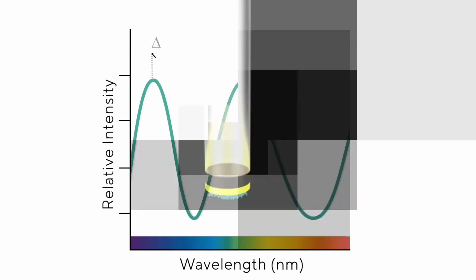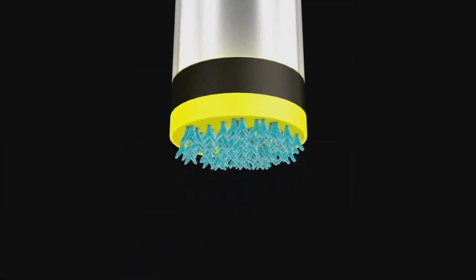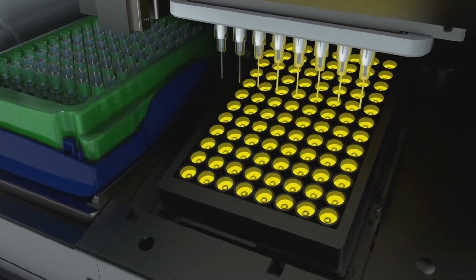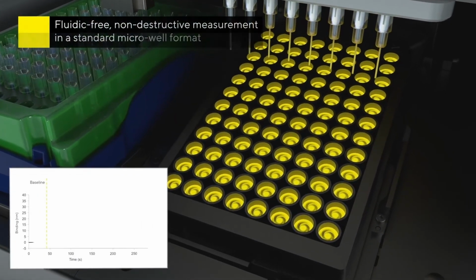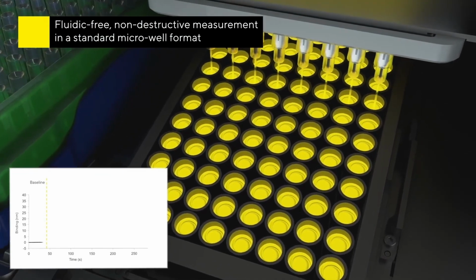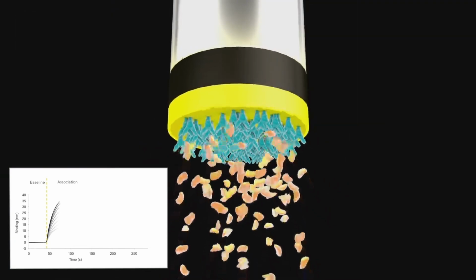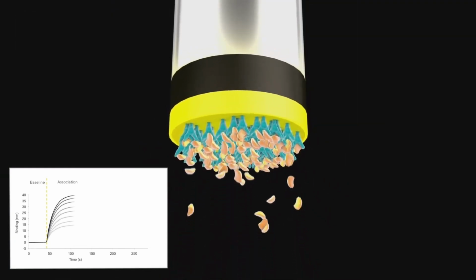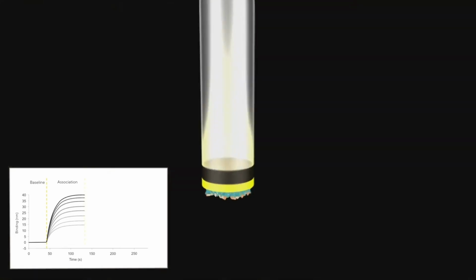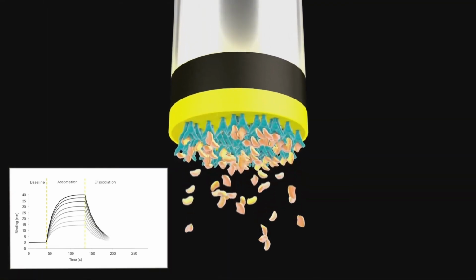A proprietary protein coating at the biosensor tip acts as a binding partner, providing reproducible coupling of target molecules while minimizing non-specific binding. The measurement is plate-based. An aqueous buffer is used to generate a baseline before the sensor dips into a sample containing the analyte. The analyte then binds to the sensor surface, and the binding interaction is followed in real time to reveal the association kinetics. The sensor tip is then dipped into fresh buffer, and the dissociation can be monitored until the regeneration